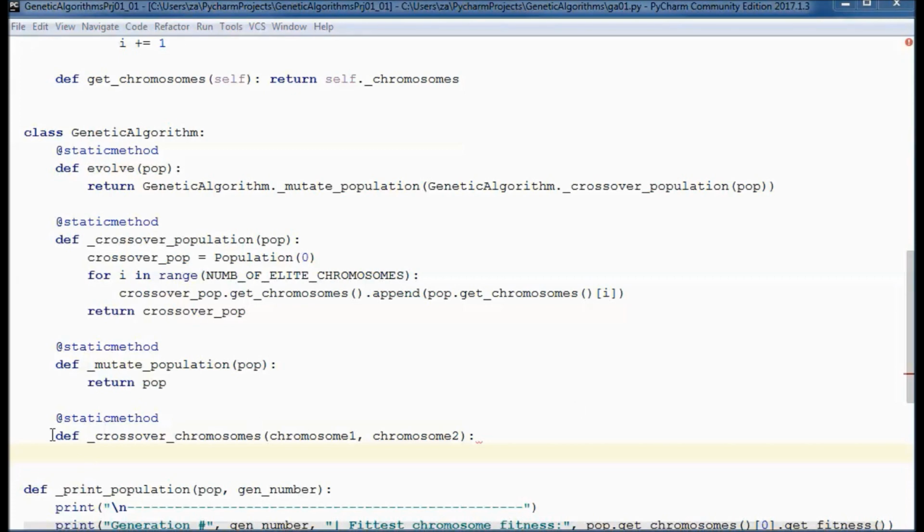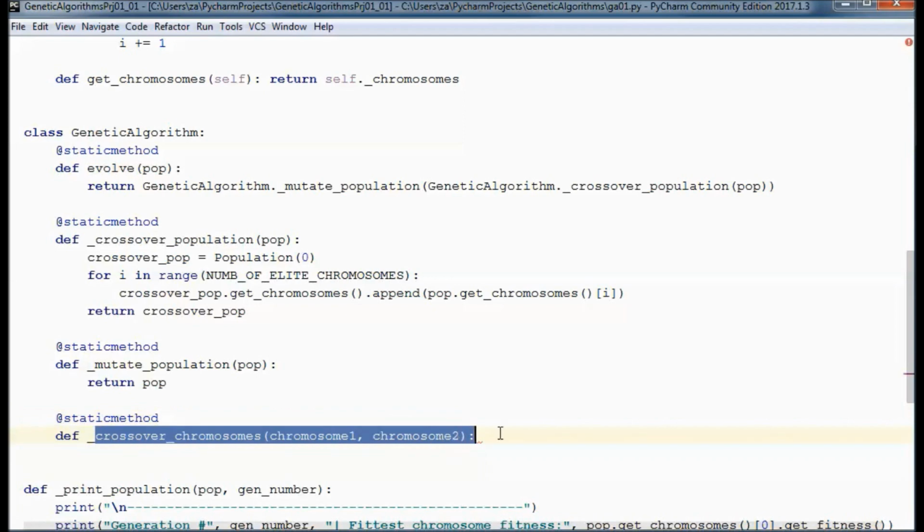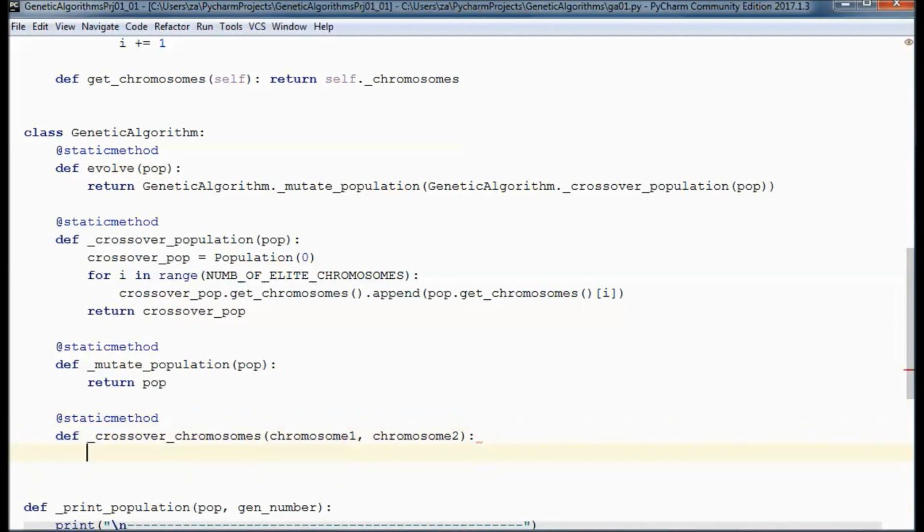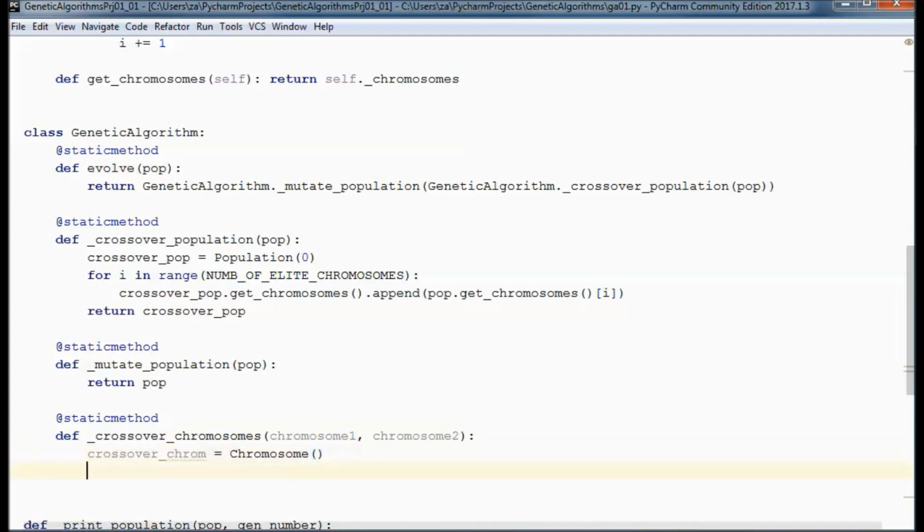And this method does a random gene selection from each one of the parent chromosomes. So let's define this crossover chromosome that we will be populating and returning.